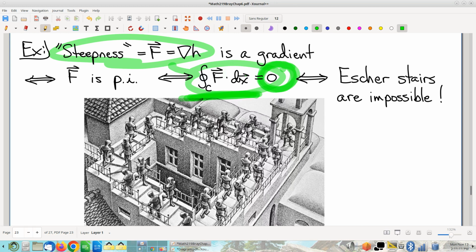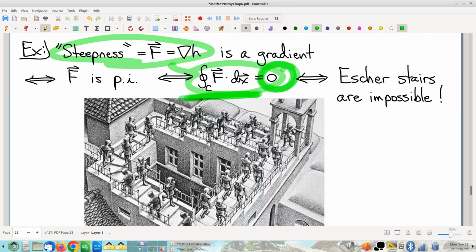If I go for a walk around campus, my altitude goes up and down, right? A little bit of a hilly campus here and there. But when I come back to exactly where I started, I mean, my grand total altitude change is 0, right? I mean, I'm literally back where I started. Is that satisfying? I mean, I'm going to say this is a